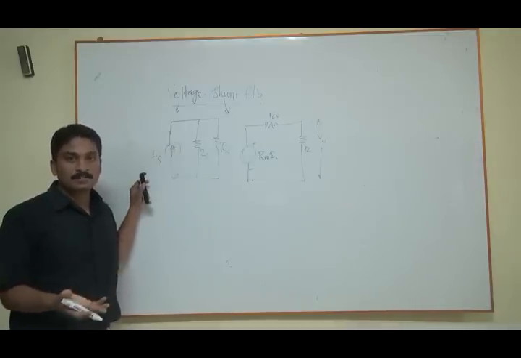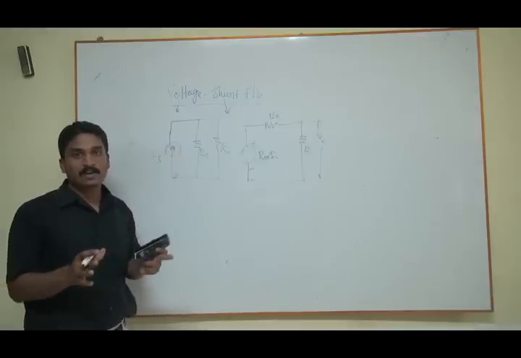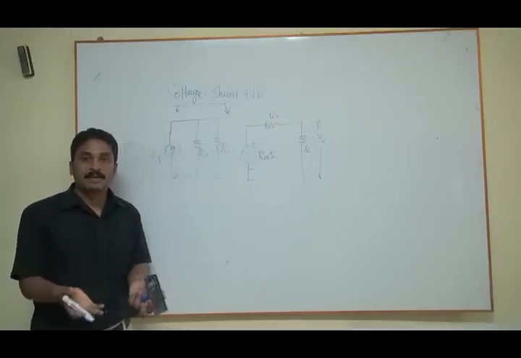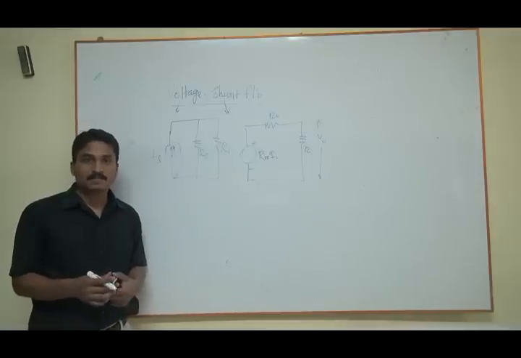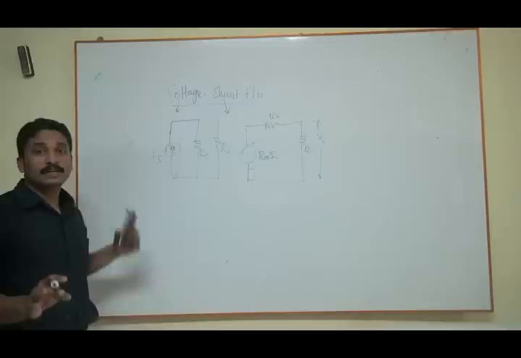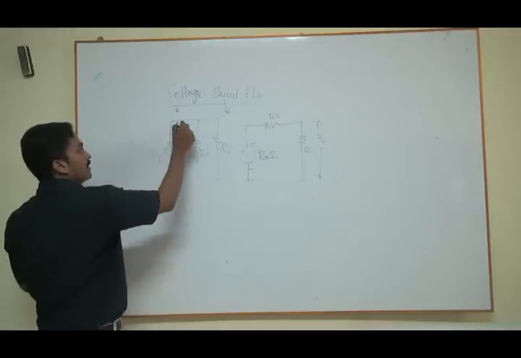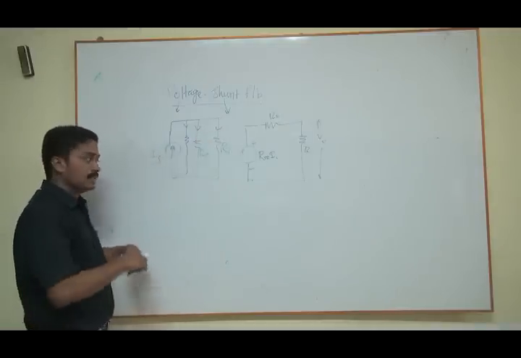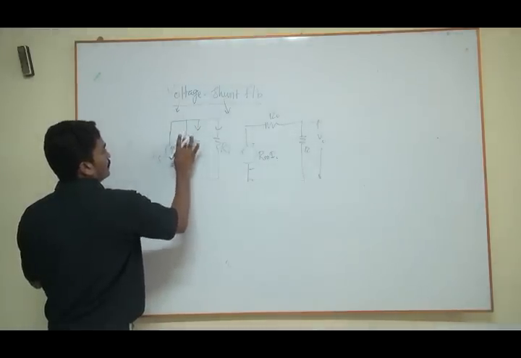So that resistance makes some effects on the input current, and similarly the same resistance makes some effects on the voltage. So your feedback now we just assumed as a block diagram termed as beta, but in real circuits it is passive components like resistance, inductance or capacitance, something like this we are going to use. And though it is resistance, I have to connect that in parallel so that I can make a current division in all the branches. But now let us assume it has a current source, that is IF.